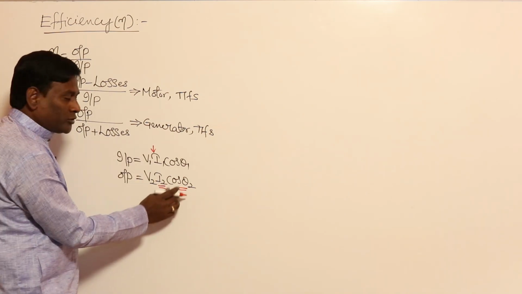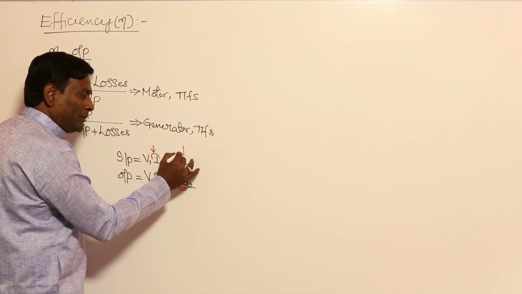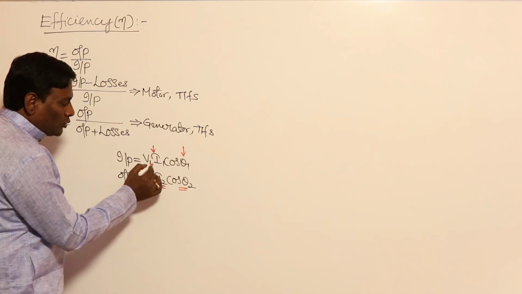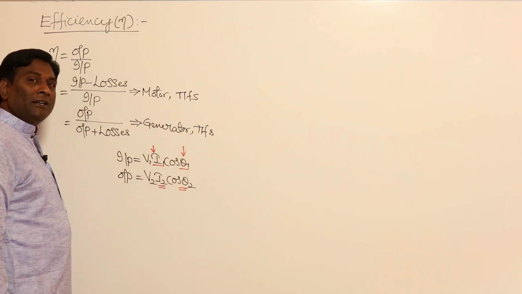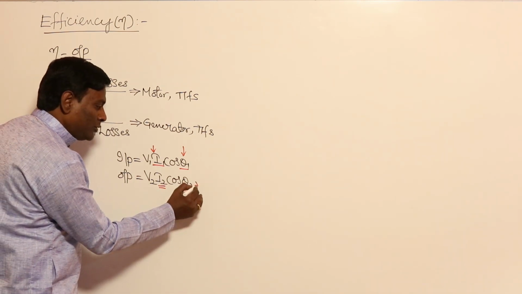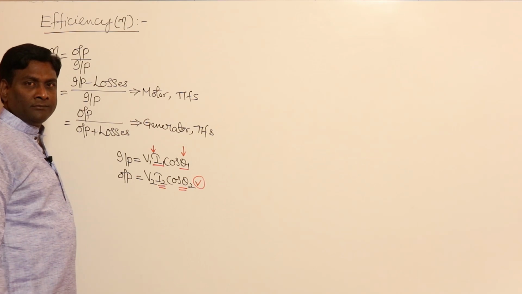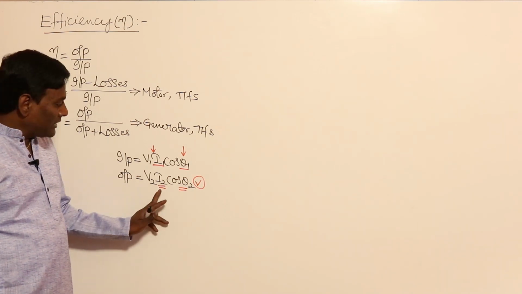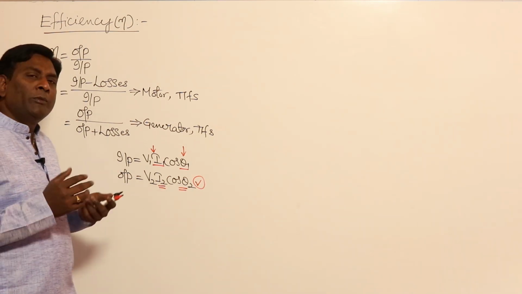And theta 2 also will be decided, theta 1 also will be decided by theta 2 only. So I1 and theta 1 are dependent variables. I2 and theta 2 are independent variables. So let us use this equation predominantly. If I use this equation with I2 and theta 2, for example, in future we may have to calculate